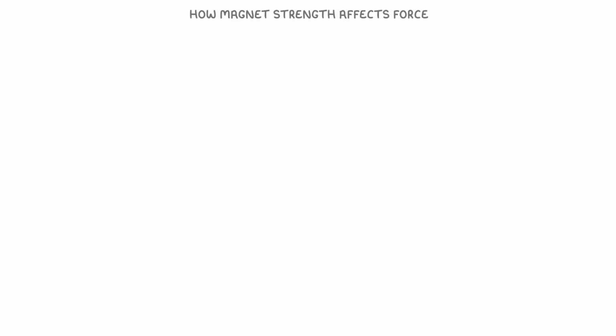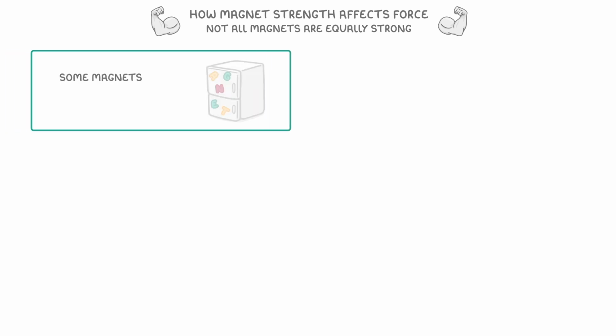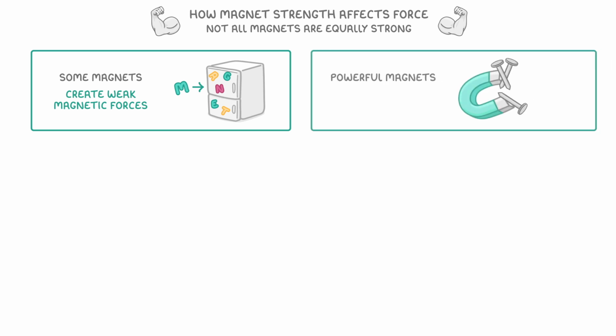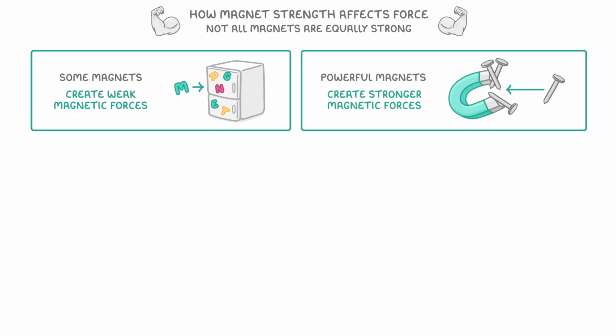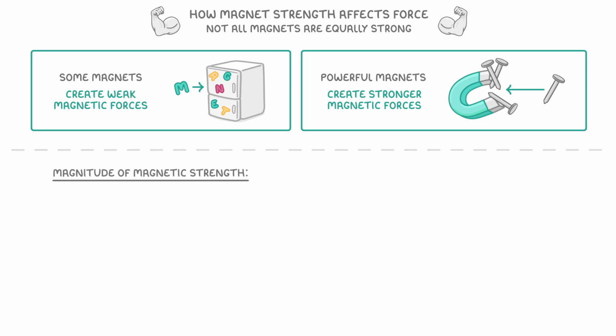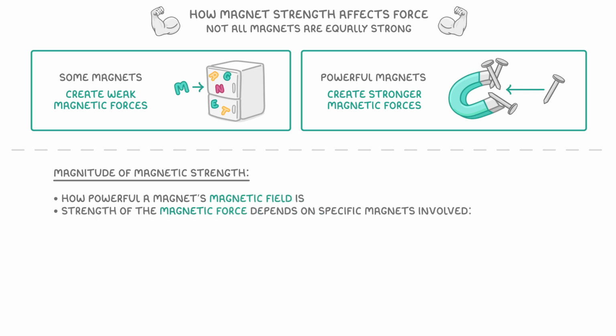Finally, let's look at how magnetic strength affects force. Not all magnets are equally strong. Some magnets, like the small ones in your refrigerator, create weak magnetic forces, while powerful magnets create much stronger forces. So when we talk about the magnitude of magnetic strength, we are referring to how powerful a magnet's magnetic field is. The strength of the magnetic force depends on the specific magnets involved though, because their magnetic fields interact with